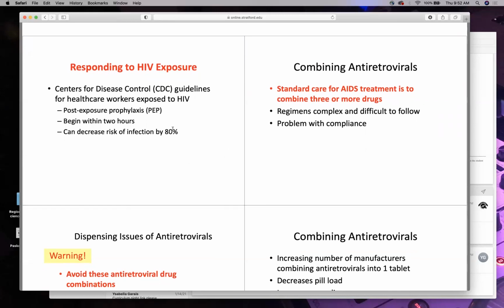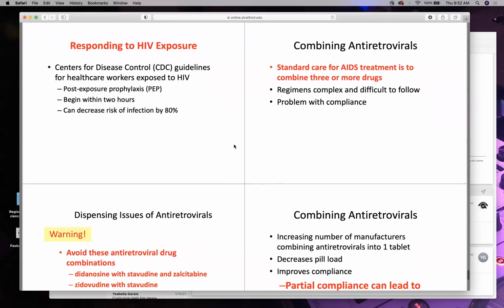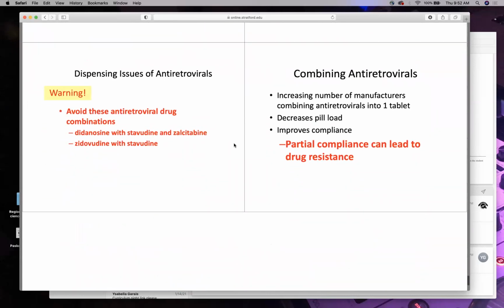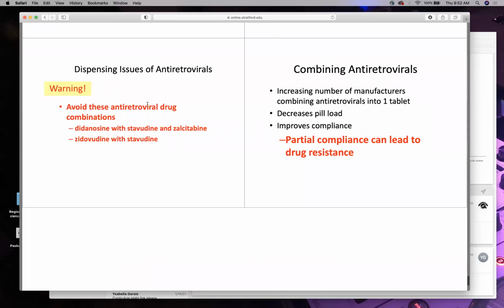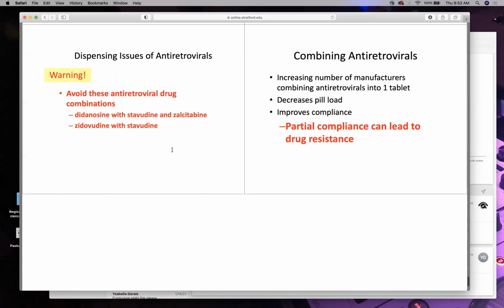The best way to do it is listen to the rules, always be careful, and glove up all the time, right? Have your bloodborne pathogen universal precautions that we went over in your clinical classes. That's really important. These are combos, but with the advent of electronic medical records, if the physician or the nurse prescribes bad combinations, it'll flag it, and the pharmacist won't be able to fill the prescription.